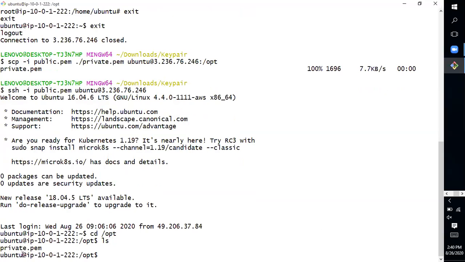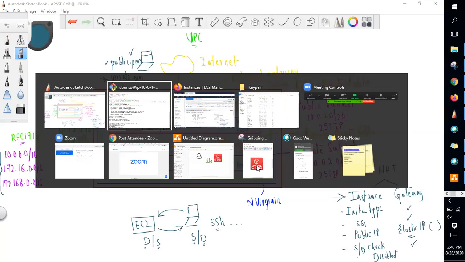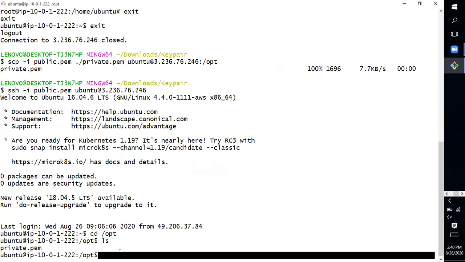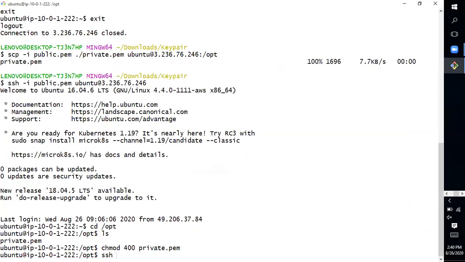Now what I would do is connect to this EC2 instance from here. So how do I do it? The same thing: first of all, I need to change the permissions. chmod 400, and ssh -i, your private instance ka PEM file, ubuntu at the rate of the private IP address of the private instance.